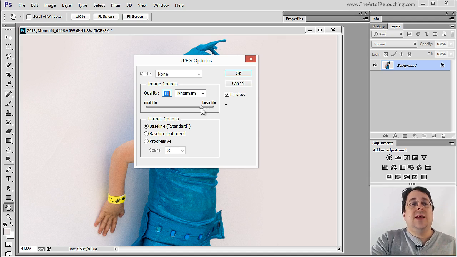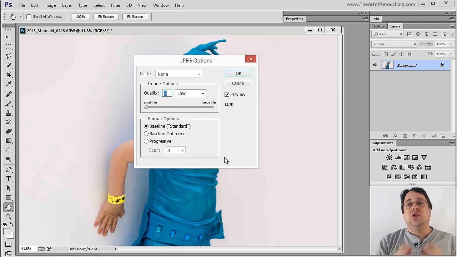So the smaller I make the file and the lower the quality goes, it throws away more and more data. At this point, it may look at blue 1 and blue 3 and say 3 is close enough, throw that away and just make it all blue 1. So these are just things that it does to make these files smaller. And again, it's all damaging, so you only want to do this on web-based things or to show clients or whatever. It's not something that you want to keep as a permanent archival system.